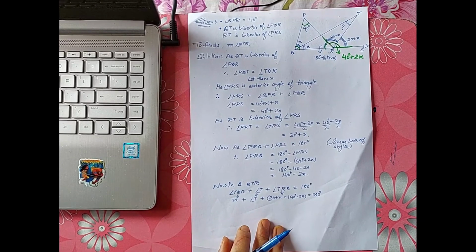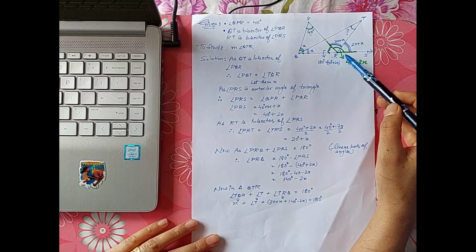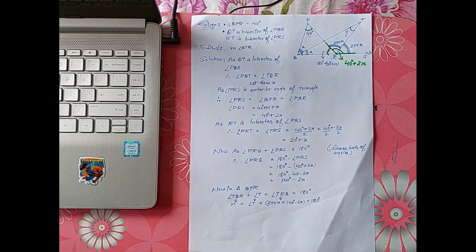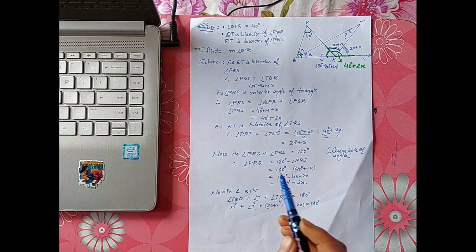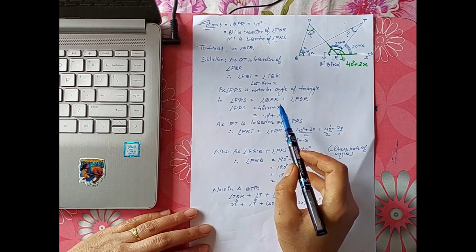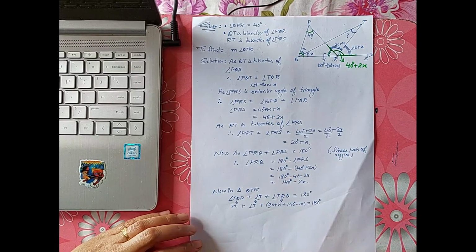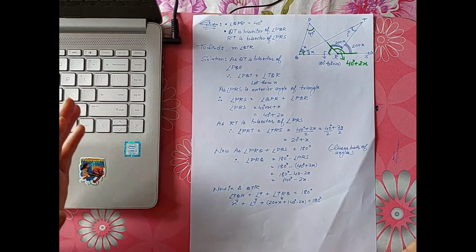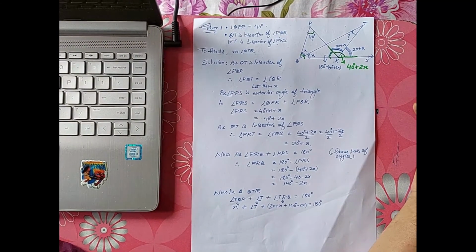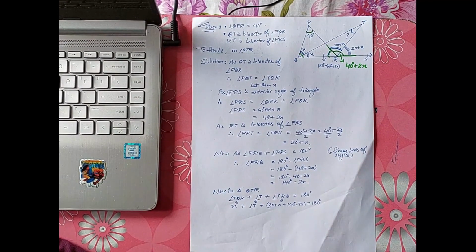So I have actually listed everything. Whatever I mentioned here in the figure, I have given it a written format, and I didn't miss any reason. Here I'm not only talking in terms of x, as there are too many x. So I'm writing the names by the letters, then substituting their values, and this is how you are supposed to do it. When I talked about it, it was very little, no? This is when I explain something, it is very short, but when you have to write it, you have to write it with full logic.